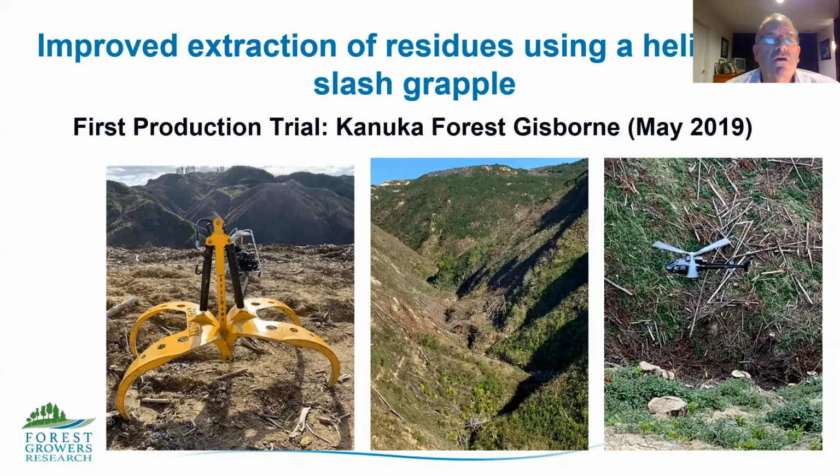After it was built, the first production field trial of the Helihawk slash grapple was undertaken in Gisborne in May last year. The versatility of this helicopter allowed it to carry an effective payload of 750 to 800 kilos of slash per load and to be able to fly into deeply incised gullies and land on very small landing areas. The helicopter contractor undertaking this trial was Wairarapa Helicopters Limited, based in Masterton, and the pilot was Tim Williams, a